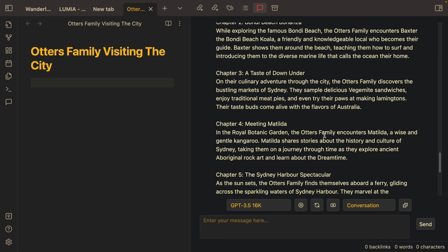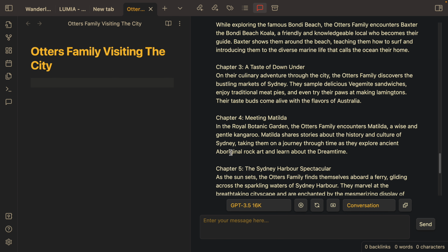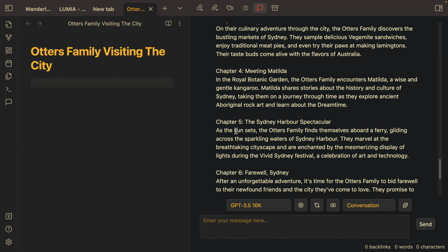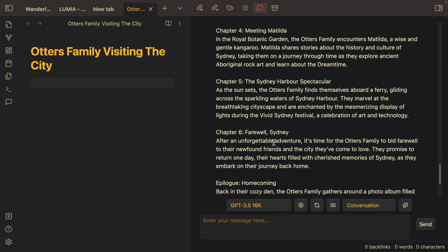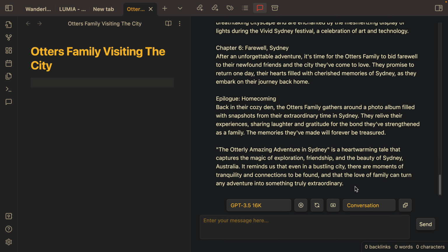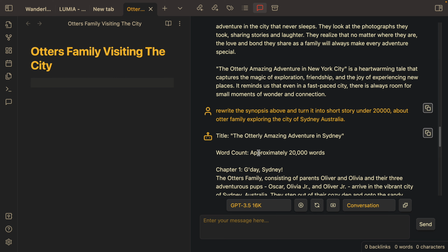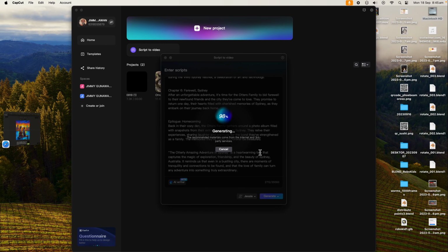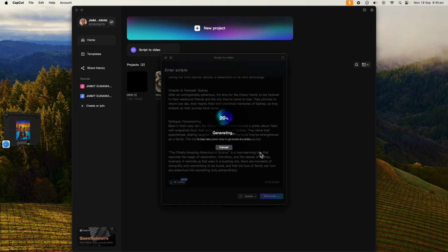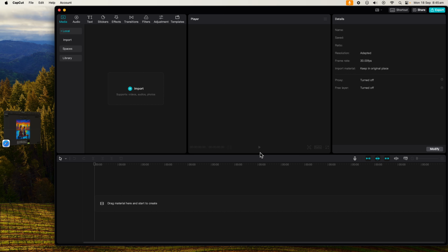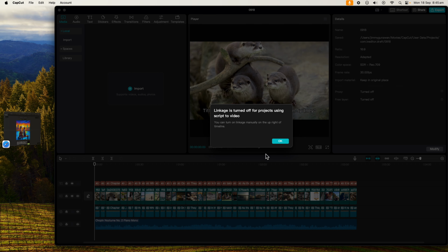Meeting Matilda, a wise and gentle kangaroo. Wow. Okay, Aboriginal rock, learns about Dreamtime. A little bit generic, maybe a little bit more touristic. But who knows? You have to be able to write something more interesting than this generic stuff, right?